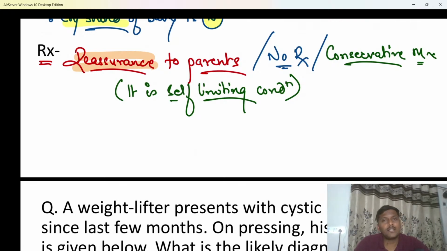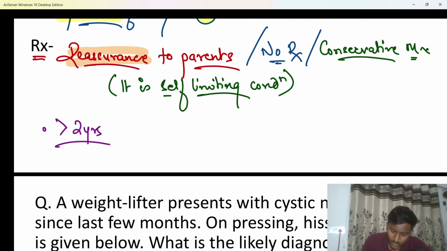By the time the child is 2 years old, this condition should be resolved. So it should resolve by the time of 2 years. But if it is not resolved in a span of 2 years, then what will you do? Please remember, reassurance should be marked as the answer up till 2 years of age. After 2 years of age, beta, if the symptoms still persist,